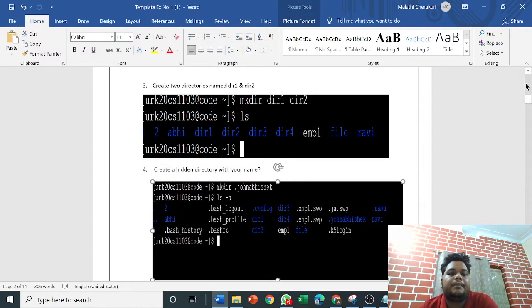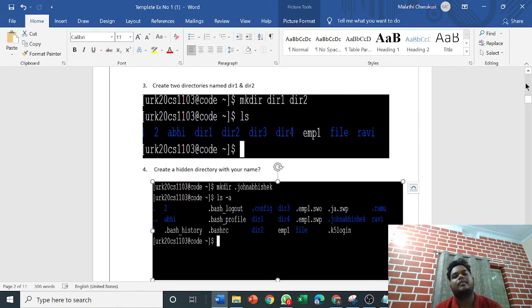After that, for creating two directories, dir1 and dir2, we can simply use the command mkdir. mkdir is basically used for creating directories, and we can give any number of directories with that command.